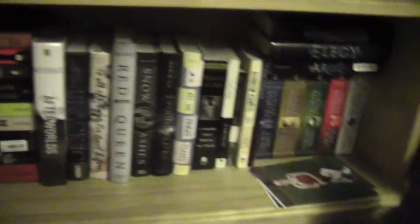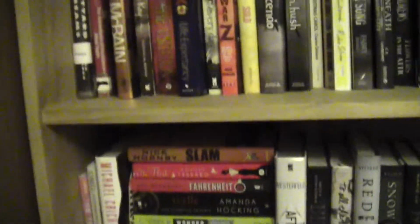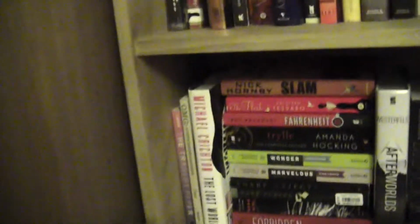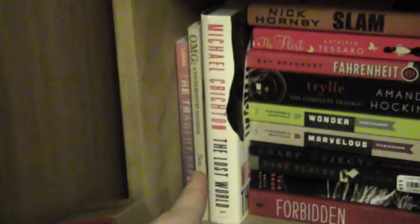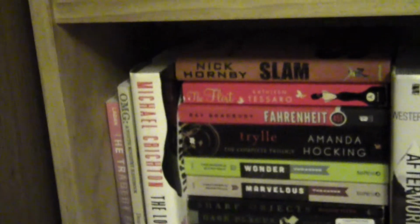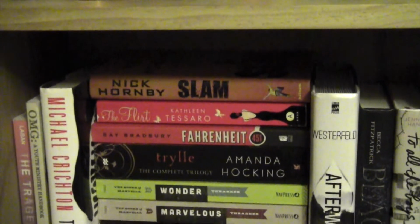So we're down here to my bottom shelf, and unfortunately this is my most packed, and I'm not going to be able to take all the books out, so I'm just going to show you this first book over here. Right here is The Tragedy Paper, and then we have OMG, a Youth Ministry Handbook. We have The Lost World by Michael Crichton, and then going from the top we have Slam by Nick Hornby,